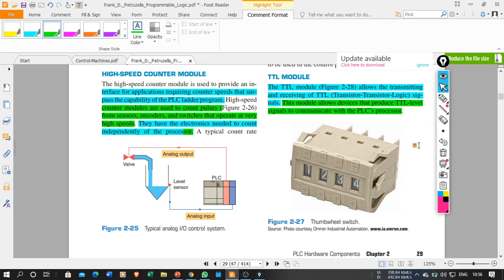Simply, what is going to happen? Say I am communicating in English and someone is communicating in Chinese. I don't understand his language and he doesn't understand mine, so there may be miscommunication. So I need to speak a language that both understand. The same happens with a PLC: the PLC's operating voltage may be different, and the device's operating voltage may be different.